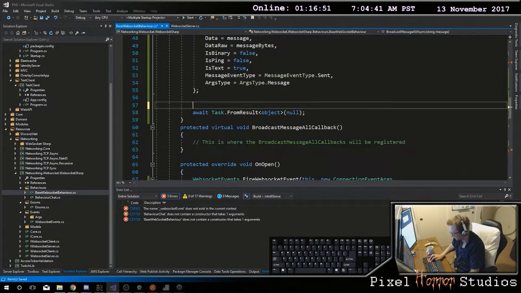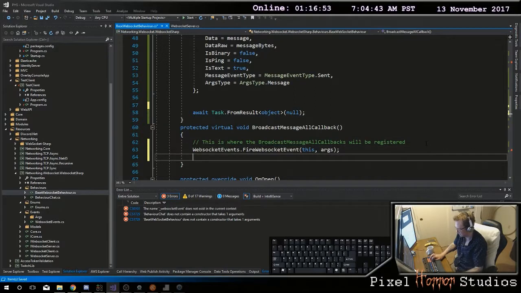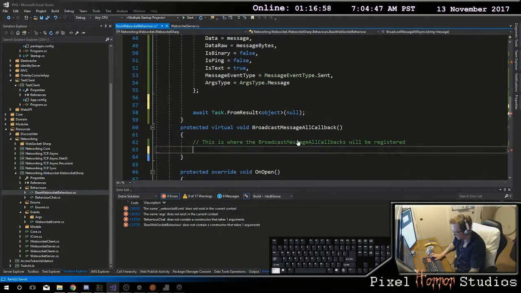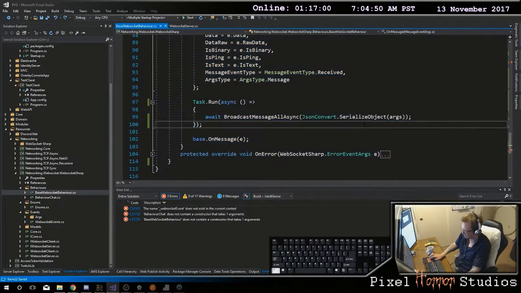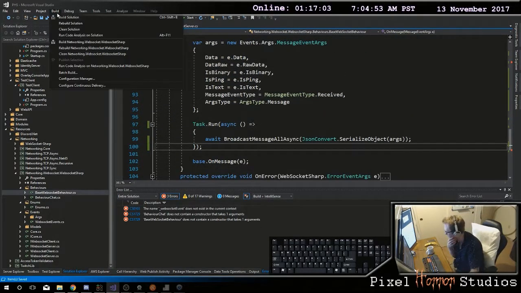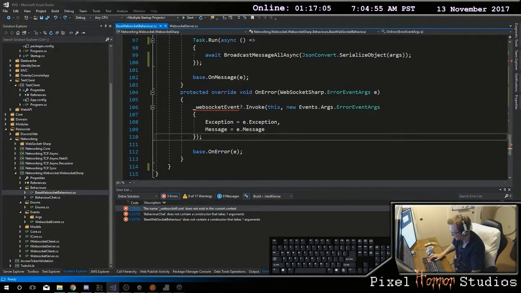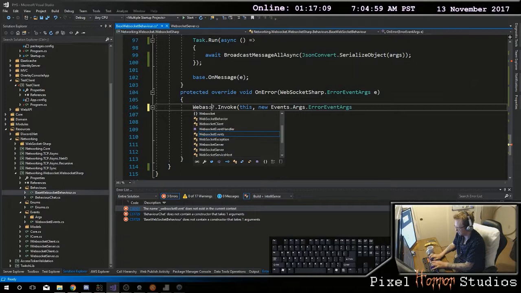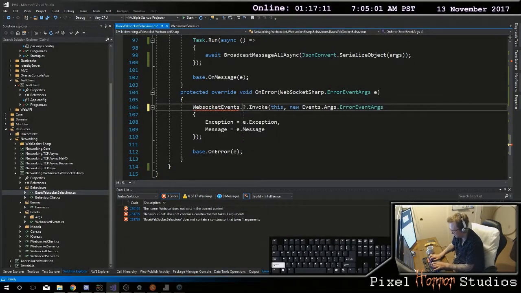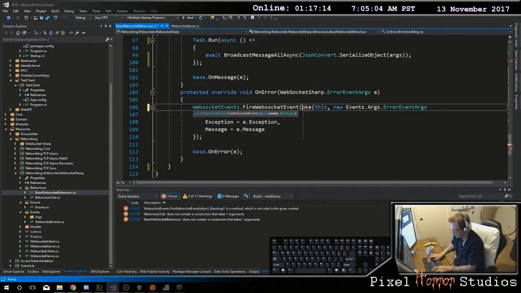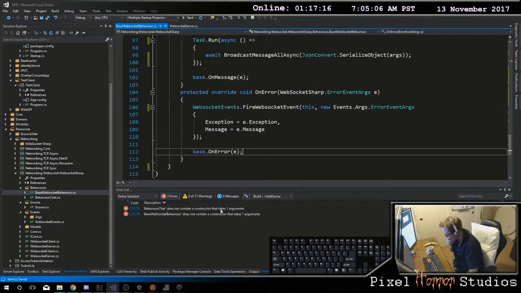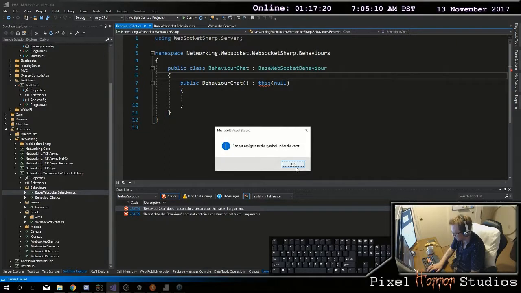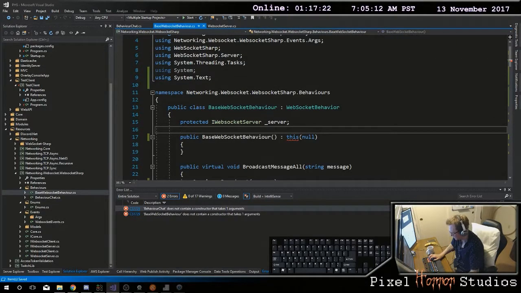And then this one needs to go here. No, because see, you're not passing your args back there, so that's fine. Let's go ahead and rebuild. It says that on error doesn't exist, so we're going to do a WebSocket events dot fire WebSocket event. We'll pass that in. This thing says that it doesn't have a constructor that has one argument, so if I look at this, it needs to be a